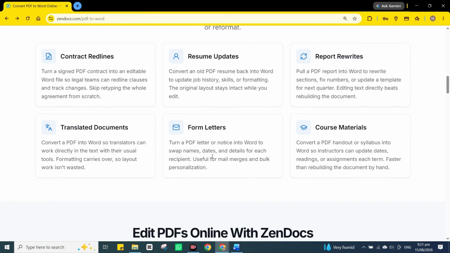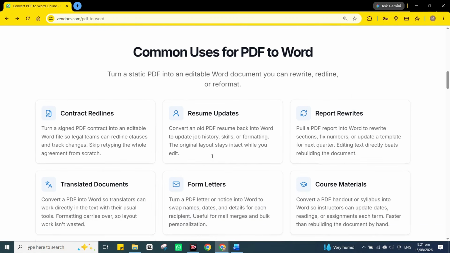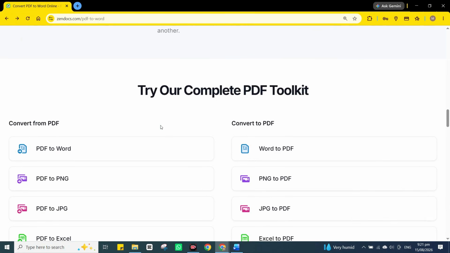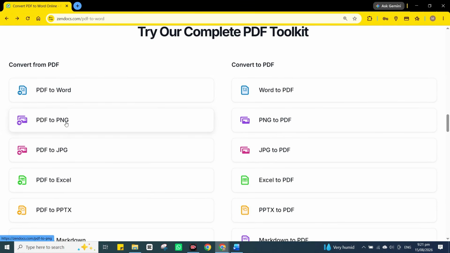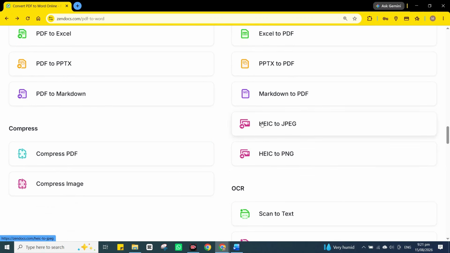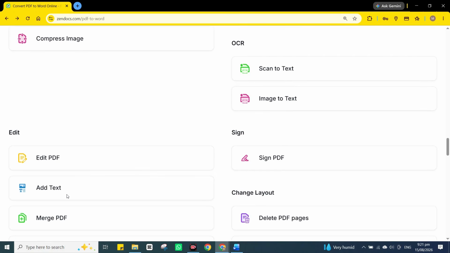And it also works in the opposite direction, allowing formats such as Word, Excel, PowerPoint, PNG, JPG, and Markdown to be converted into PDF. There are also tools for HEIC image conversion, OCR, PDF editing, signing, compression, merging, splitting, protection, and more. That means the platform is not focused on just one PDF task. It's designed as a broader document toolkit.